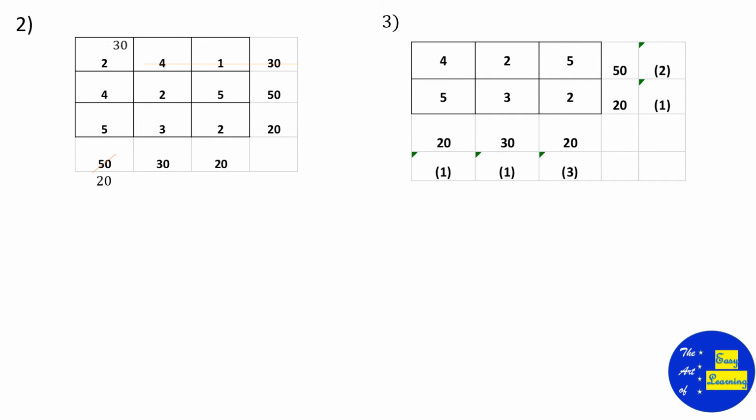Now in the third table we can observe that for the first row the difference is 2, the least value and the next least value. For the next row the difference is 1, and for the first column the difference is 1, that is 4 and 5. The second column difference is 1, and for the third column the difference is 3, that is 5 minus 2. Again choose the row or column which is having the maximum penalty. Here the maximum penalty value is 3, so that is the third column.